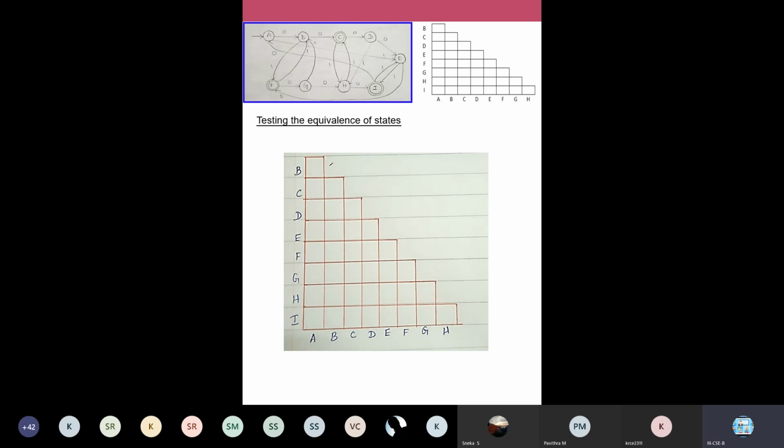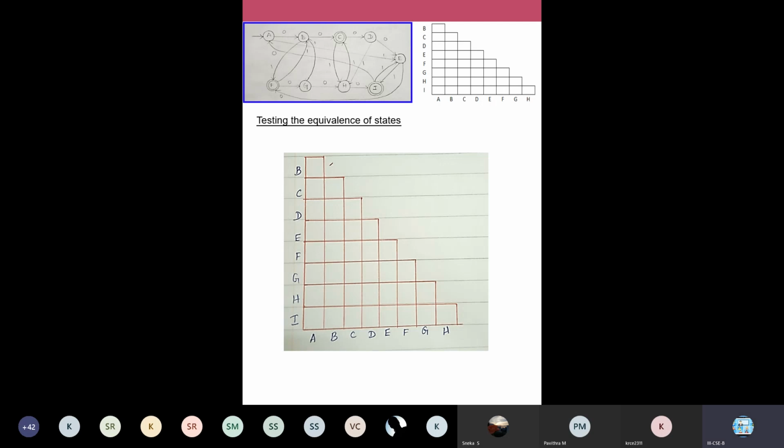Okay, so we completed. Now one by one we are going to check all the states. We are going to take all possible combinations of these 9 states and check whether they are equivalent or not. Here also I am going to start with the basis step, level k equal to 0, as we did earlier. Here also we have an initial step where you just analyze what the accepting states in your diagram are.